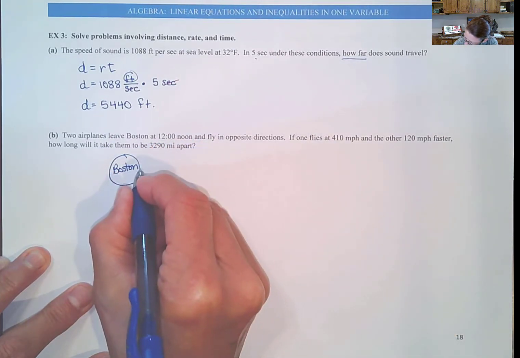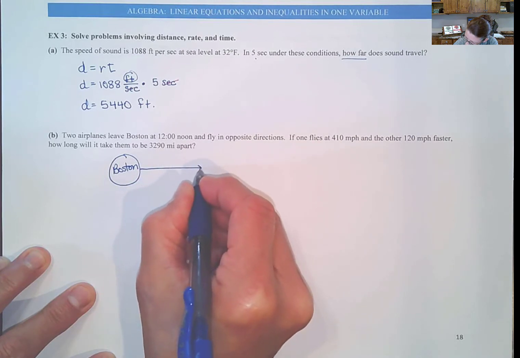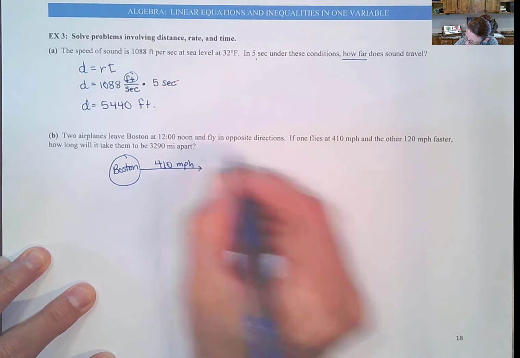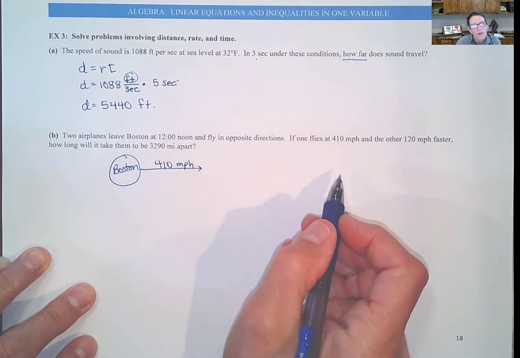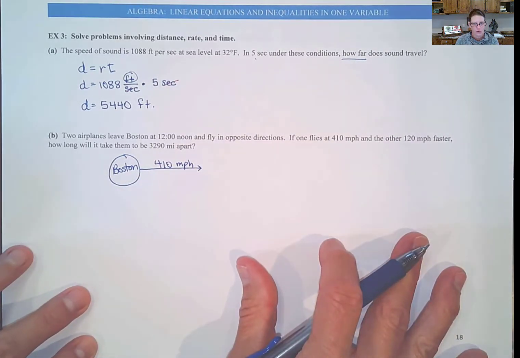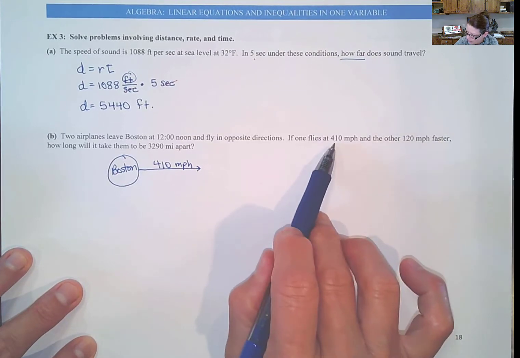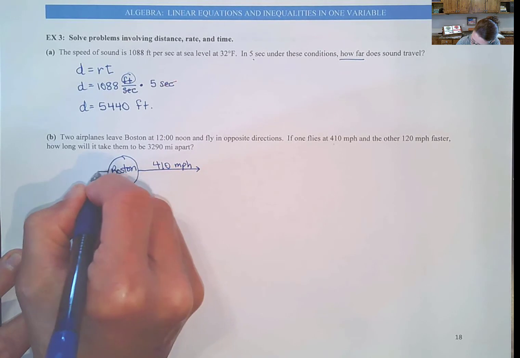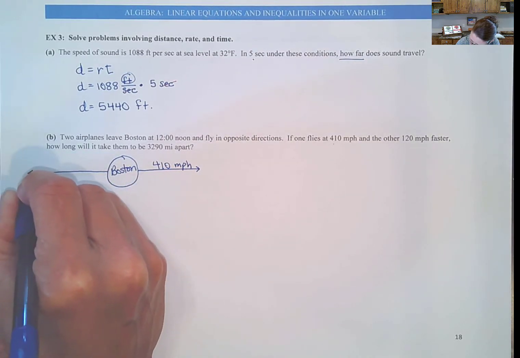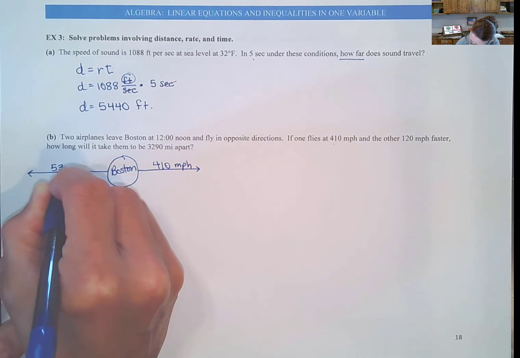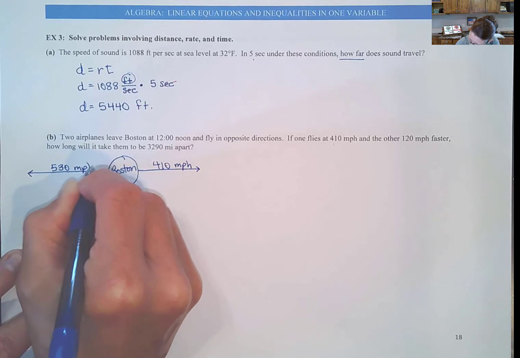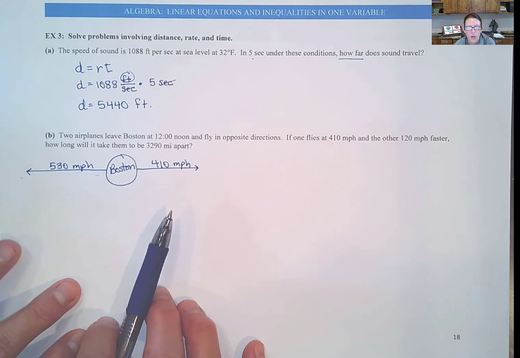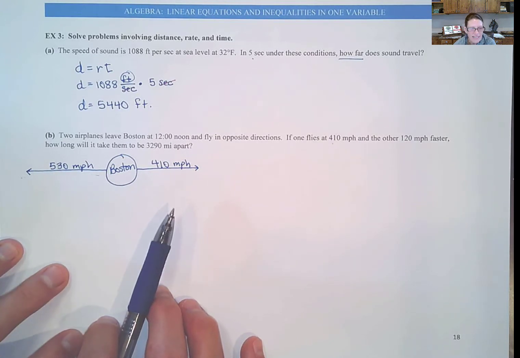One flies at 410 miles per hour. The other 120 miles per hour faster. So 410 plus 120 is 530. So it's flying faster, isn't it? Okay, so it's going to go a little further than the plane that's flying slower. How long is it going to take them to be